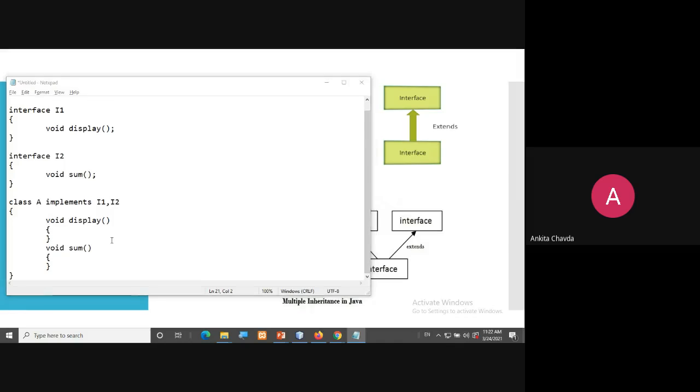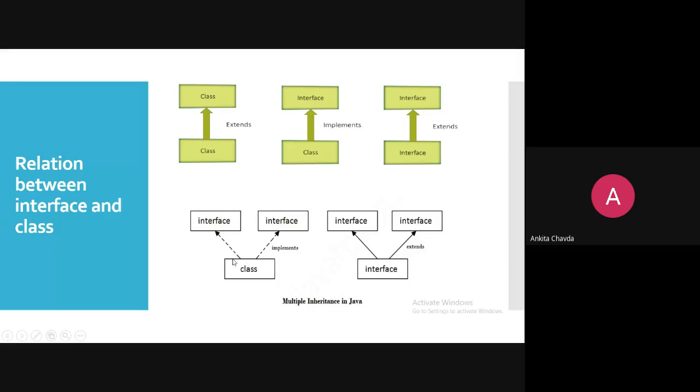This is what we have seen already. Here I have one class and a number of interfaces. It is not exactly two interfaces; you could have 3, 4, 5 interfaces which you wish to include in your class. But the condition is that your class must include the definitions for all of these interfaces.